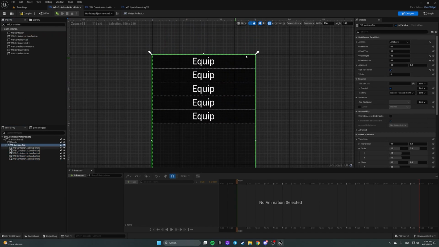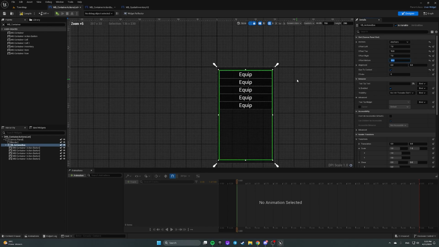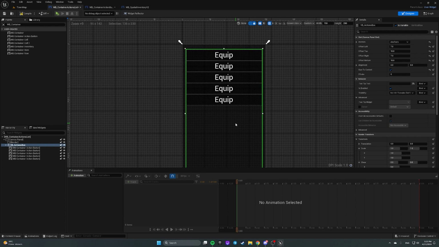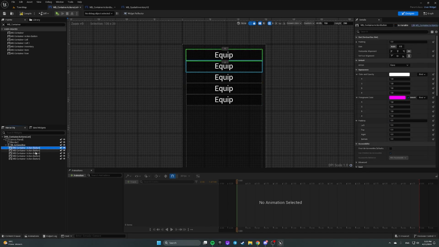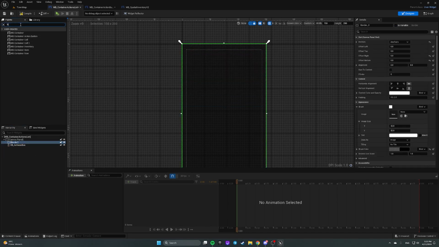So now we can change the offset for the vertical box and see how it will look. So I'm gonna add an offset from top, 7 from left, 7 from right, 10 from bottom. Well, not bad. So now I can delete these buttons, and I'm gonna add a background blur